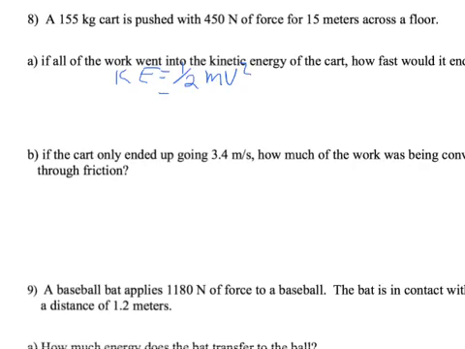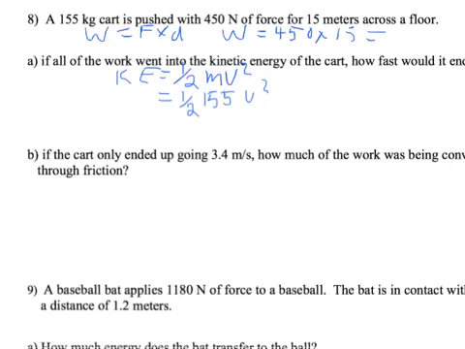Now, in this case, I haven't been told what the kinetic energy is. I'm looking for velocity. I know that the mass is 155. So I'll say 1/2 of 155 times v squared equals the kinetic energy. But darn it, Mr. Simpson didn't tell you the kinetic energy, but that's okay. You can figure it out using this information here. We're going to use the work equation: work equals force times distance. In this case, work equals 450 times 15, which equals